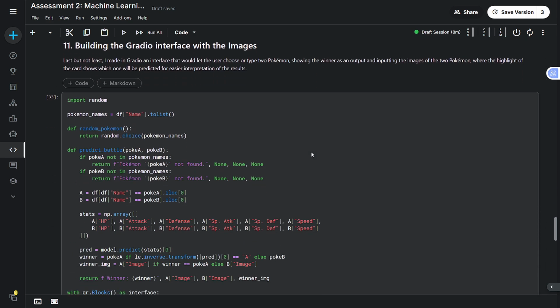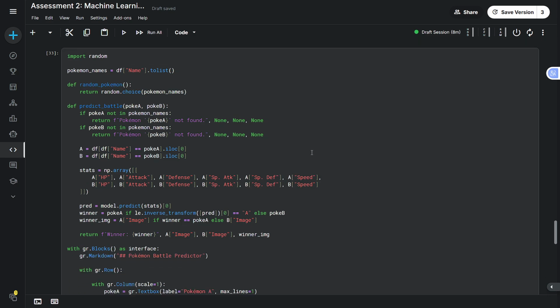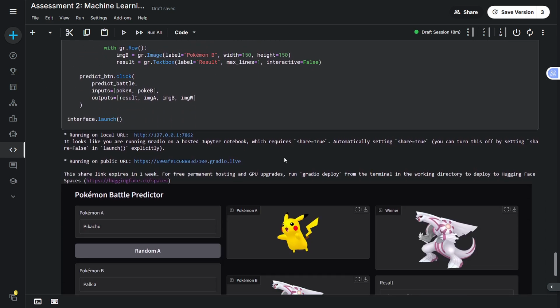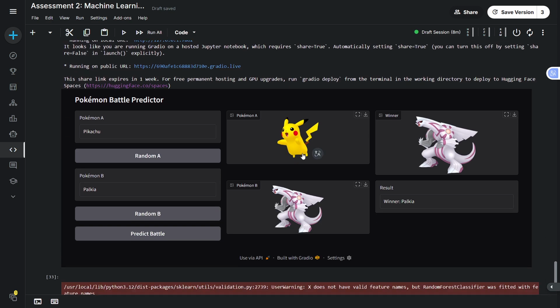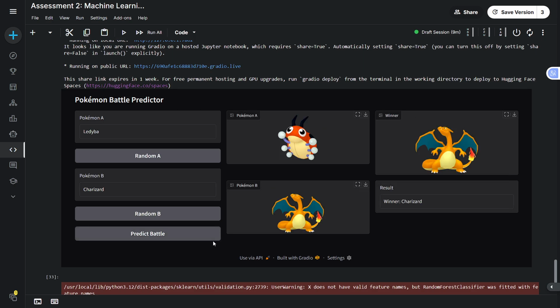So here finally I built a Gradio interface. You can type in two Pokemon names or generate random ones like what we have here. You just click random A. I don't like that one. Ladybug and Charizard. Click the button. So as you can see, it shows Charizard because he has greater stats than Ladybug,